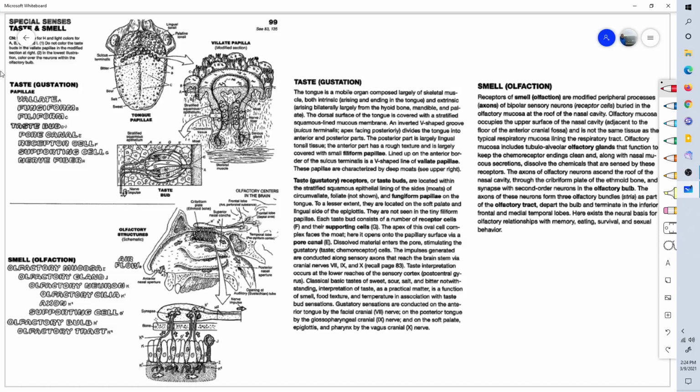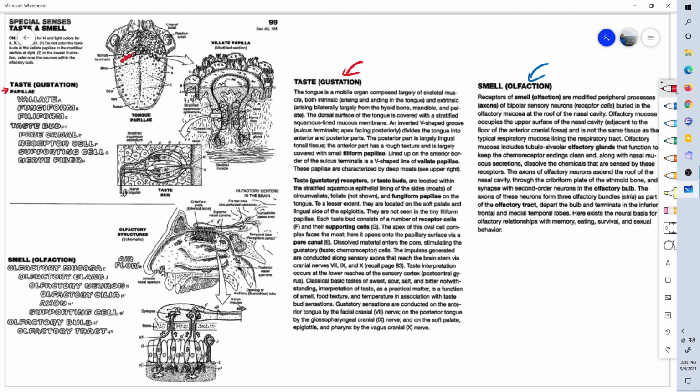The special senses: taste and smell. Taste is also known as gustation. Smell is known as olfaction. And taste, of course, occurs in the tongue. There are the little bumps on the tongue called papillae. There are the vallate papillae,